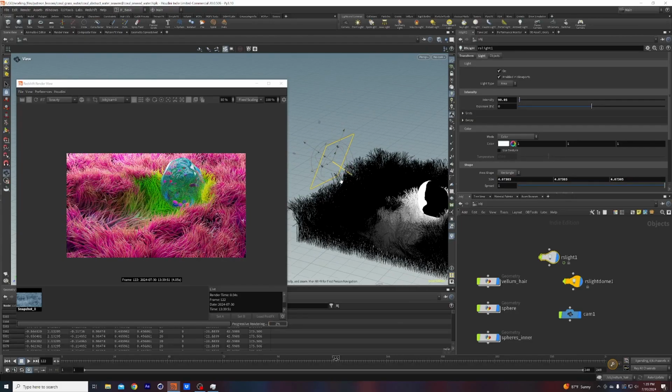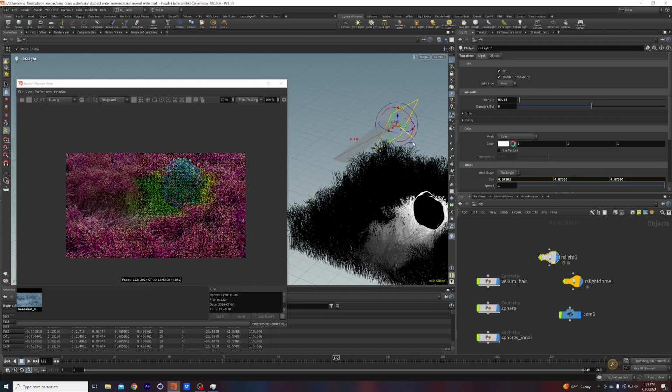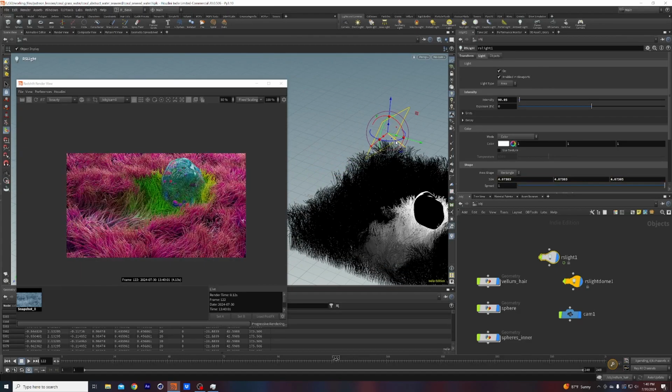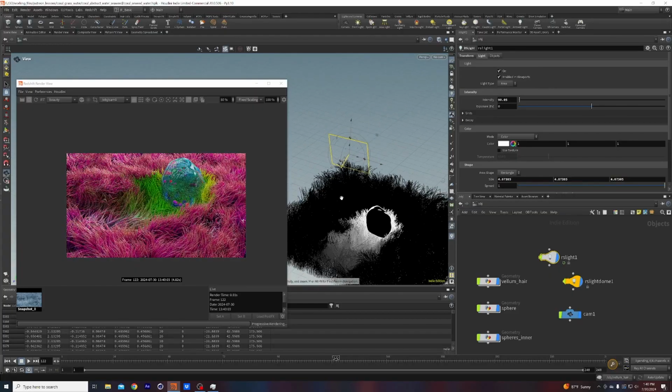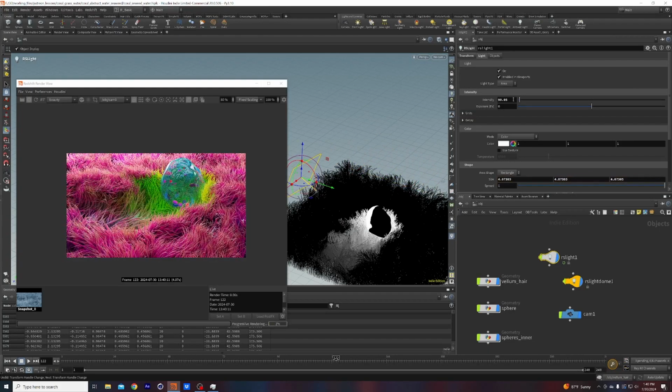I don't know. Also, if you hit M on the keyboard, you can change the orientation of the little gizmo. So I want to hit it here and just kind of, I don't know, maybe try and bring it this way. Just see what that does. That's kind of nice. I think I liked it the way I had it before. Over here, and